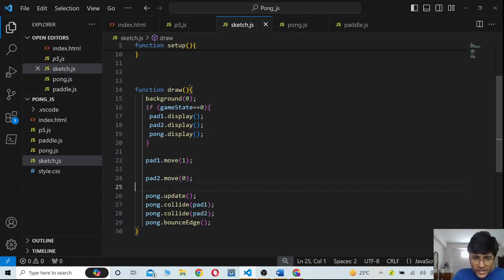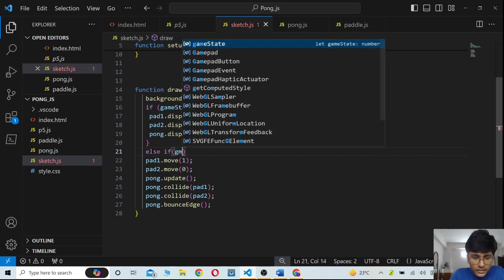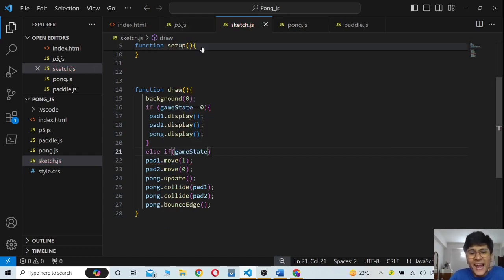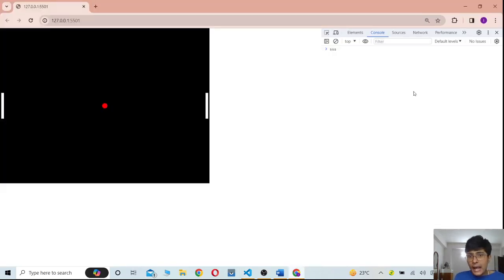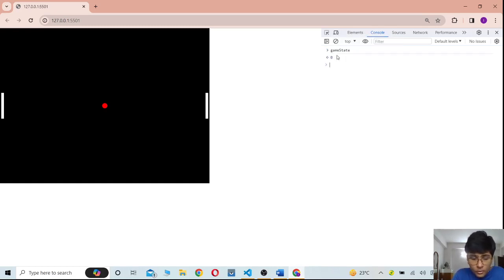So I've excluded all the move functions, and I'm going to write another if statement, else if gameState, the variable I'm going to select from here, is equal to 1. If it is equal to 1, then I'm going to do all this. Now if we run this, it is at this position. If I print the gameState variable here, it is 0. So if I set gameState equal to 1,